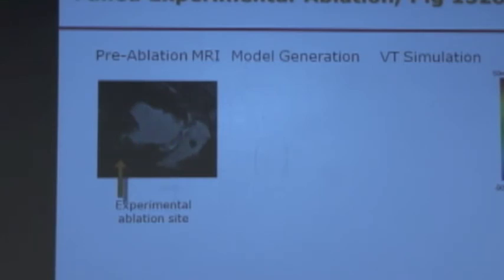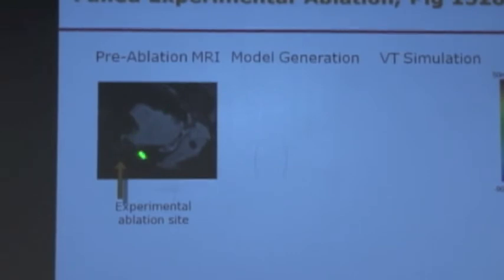So this is our big ablation. And these were cooled RF ablation, made a big lesion there. And for whatever reason, the animal was non-inducible acutely, but chronically it was very inducible. You see, we were nowhere near the gray zone on this one. And there's the experimental ablation site,